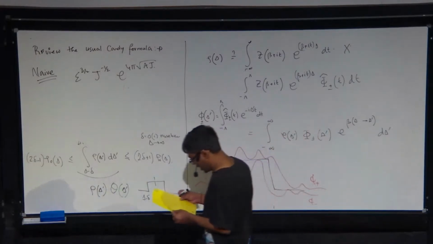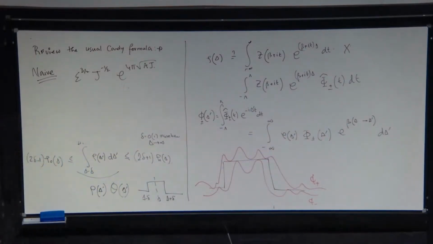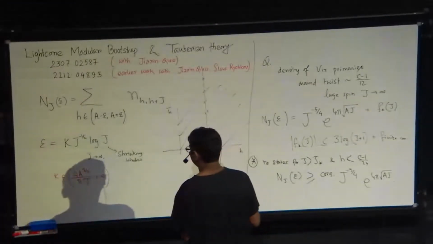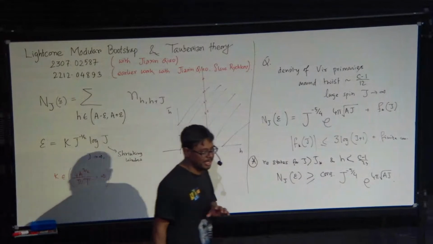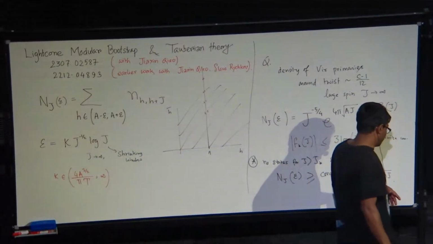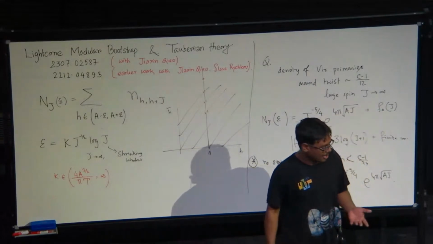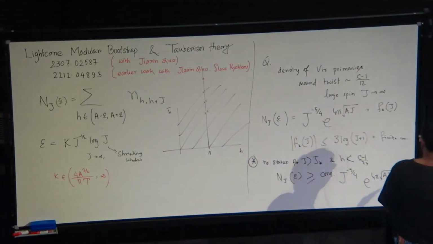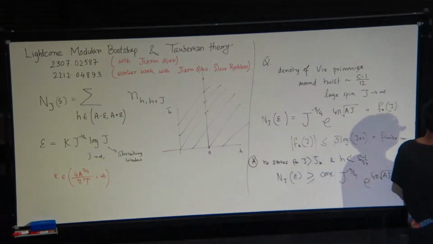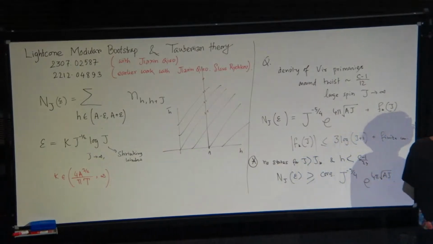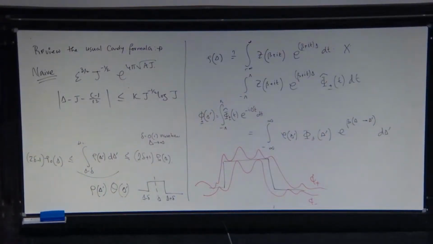And another point to make, which is kind of obvious at this point, is that earlier the result was that there is a twist accumulation point around c minus 1 over 12. So around c minus 1 over 12 you would find operators, but now we have much more specific information. So in that sense we can say that the accumulation happens like this. We can basically say how this accumulation happens for every spin. So that's, in some sense, a refinement of the twist accumulation result, which is kind of obvious from the statement that we have an explicit form of how many operators are there.